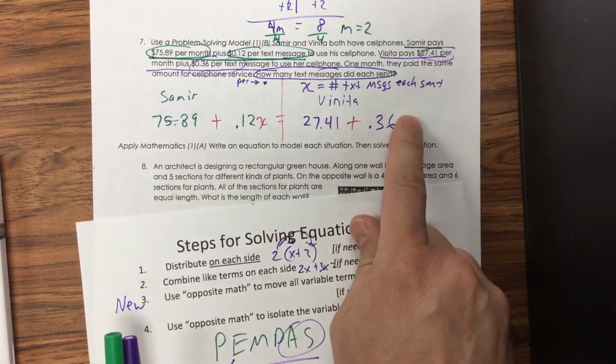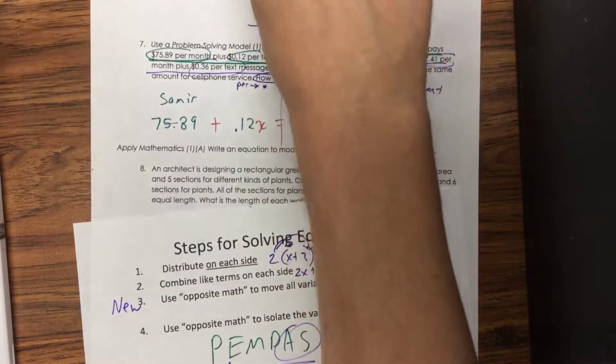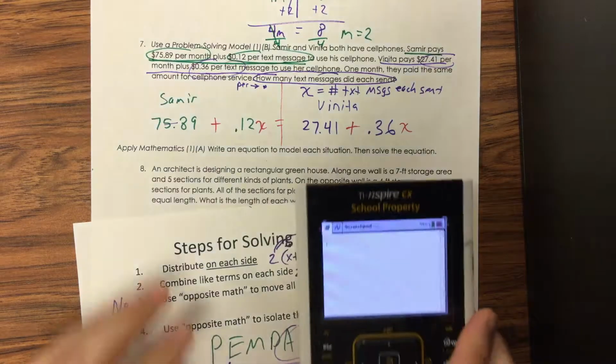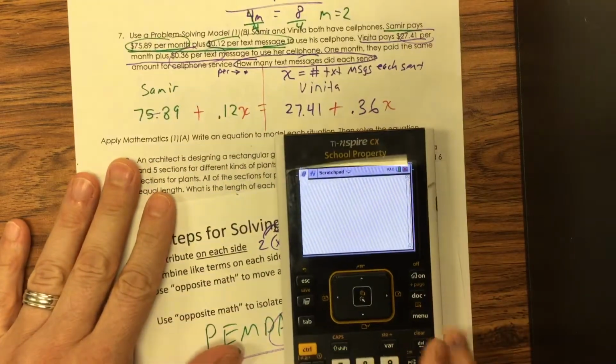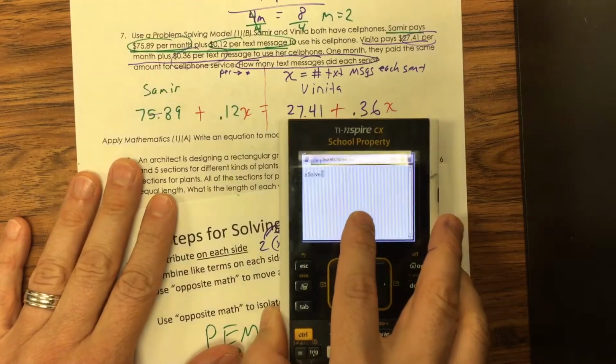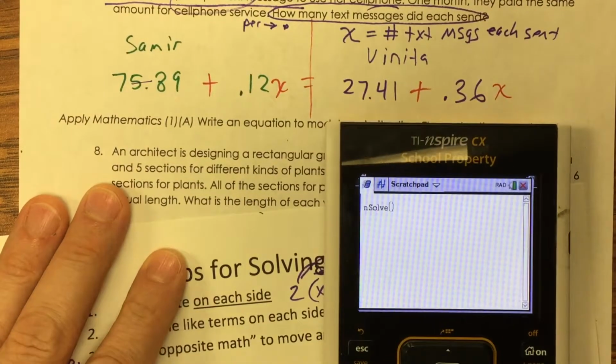Now that we have that, let's go ahead and n-solve this one. All right? Because I want to model n-solving for you, for the people that are still getting used to the calculator. So I'm just going to go to my scratch pad, and I want to remind you, you go to menu, 3 for algebra, 1 for numerical solve. There is n-solve. All right? So I'm going to zoom in just a little. And I'm going to type this in,